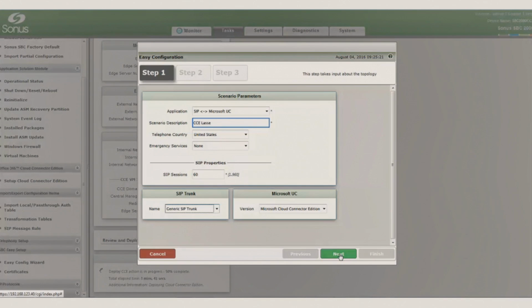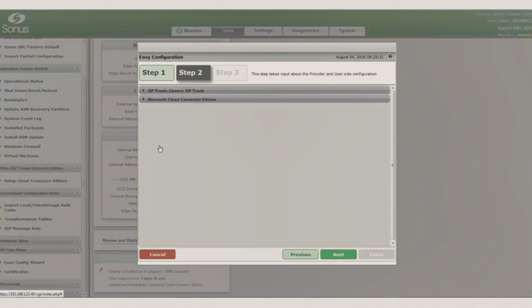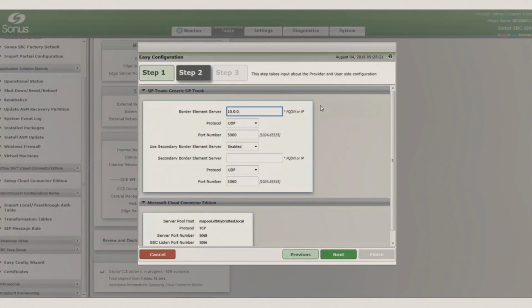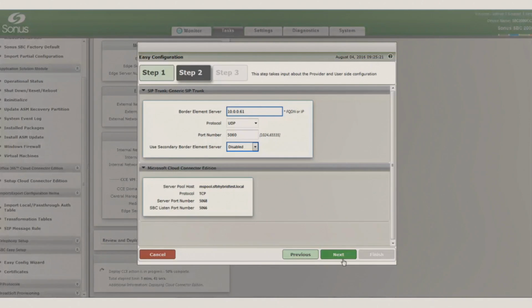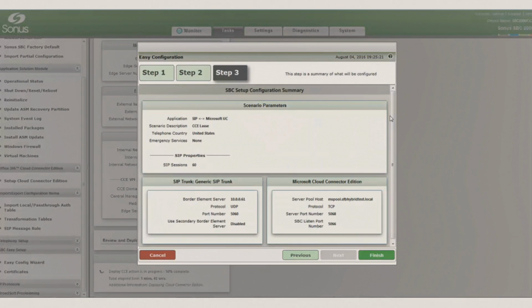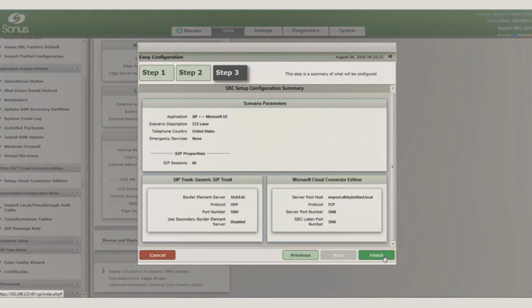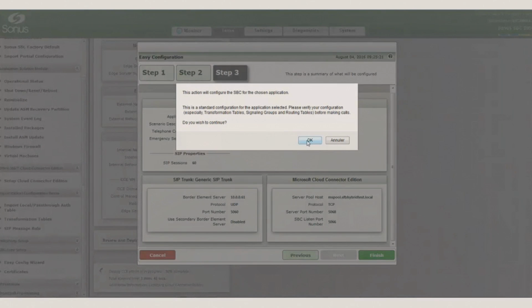You click Next, and within minutes you can go through the wizard and add the IP address of the border element, which is my SIP trunk going out. The other information it picks up from the already existing CCE configuration. We click Finish, and before you know it, we have the configuration set up.